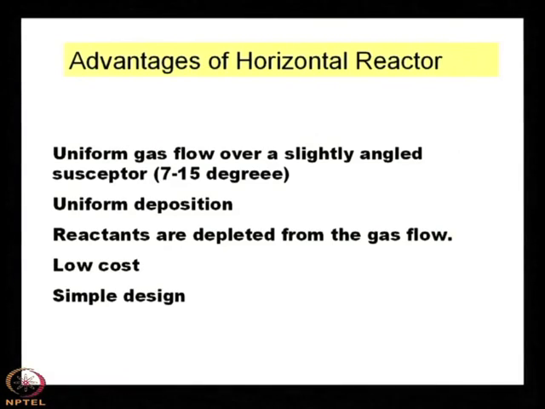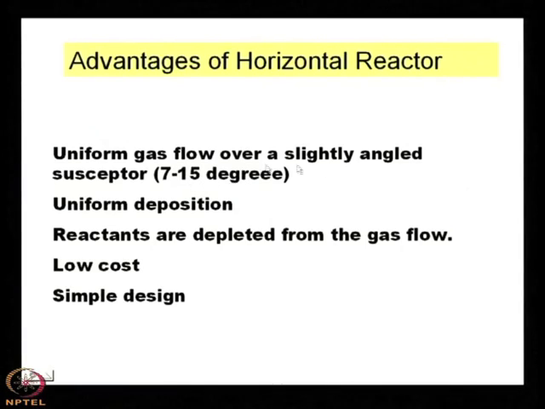People have arrived at this reactor after much R&D. Why is the shape like this? Because of those considerations only. People have tried different kinds of shapes. And it is a horizontal reactor. What are the advantages of a horizontal reactor? The advantage is uniform gas flow over a slightly angled susceptor. This angle is 7 to 15 degrees, because